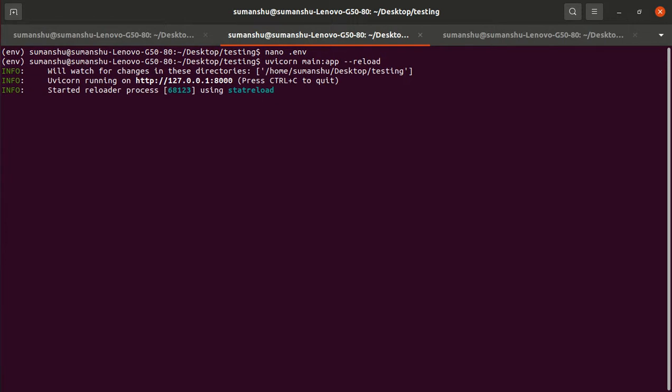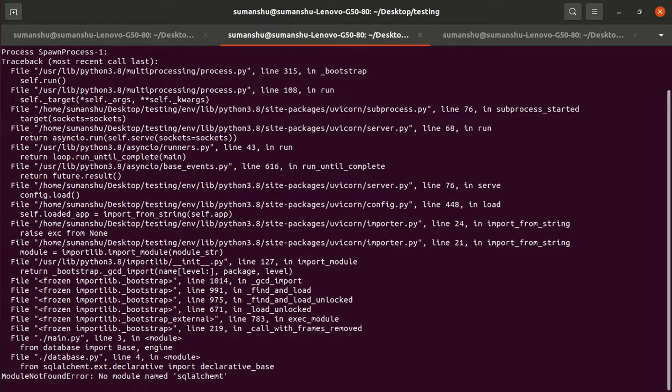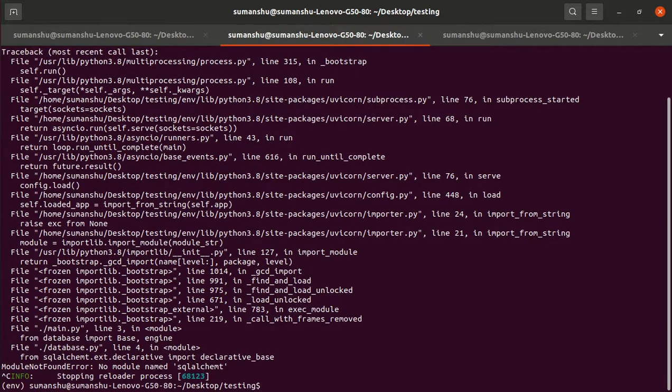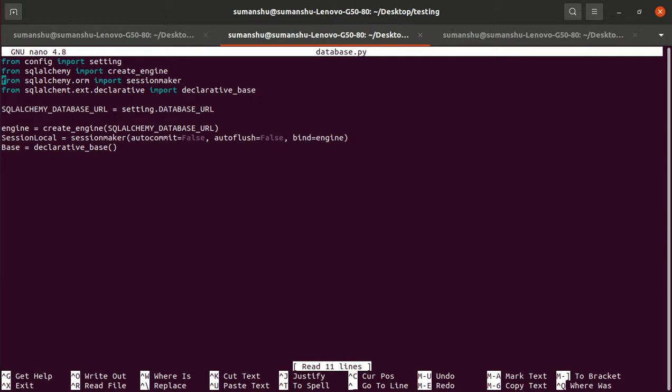So we are running the app, and I am expecting it should fail. Okay, right now it failed with some other error, SQLAlchemy. It is a spelling mistake, so let me correct that. SQLAlchemy.